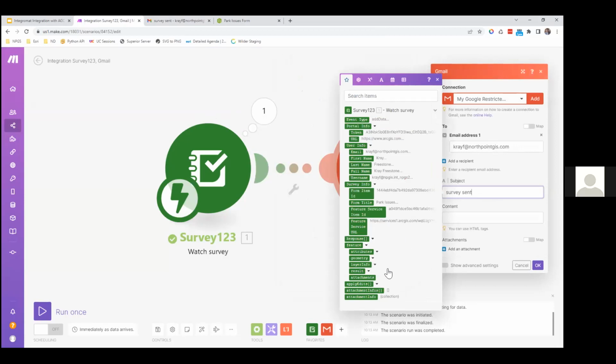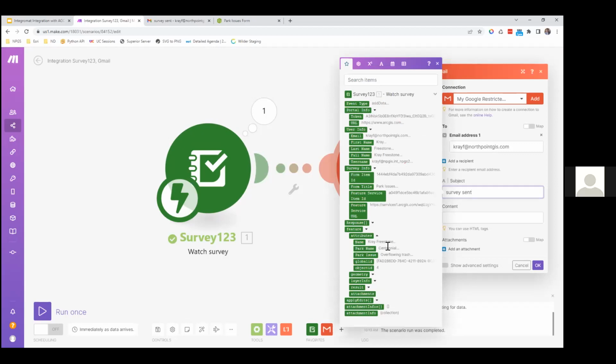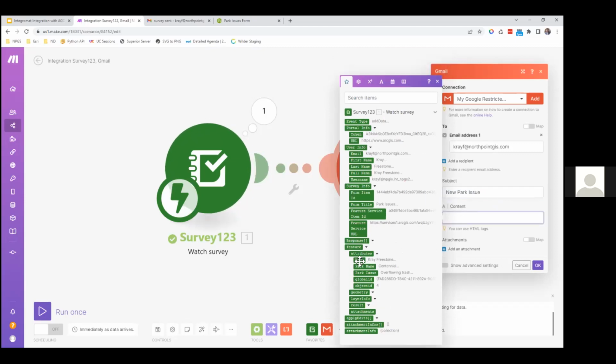So here I now get all the Survey123 information in here. I don't really need a lot of this information except for the attributes down here. So feature attributes. Now I can say maybe park issue, I can just call it park issue. For the content, I can simply just put complainant